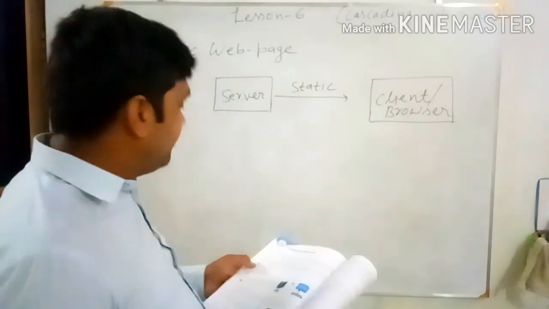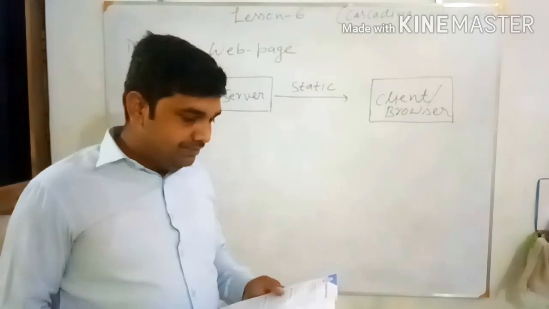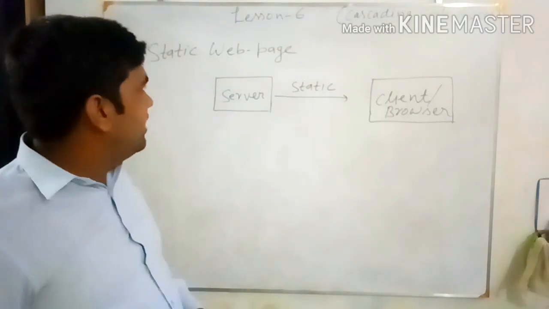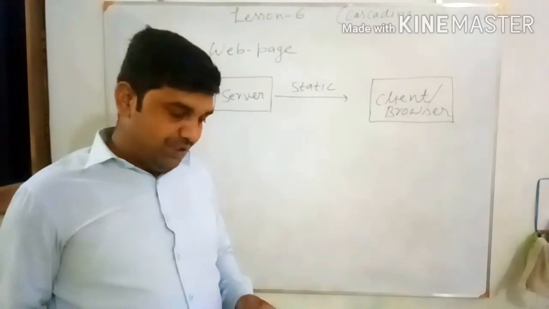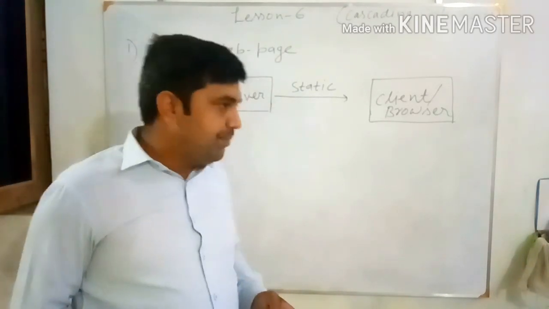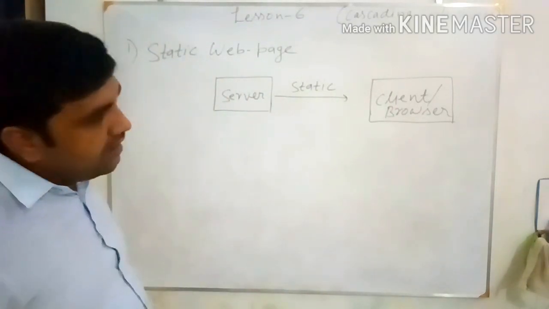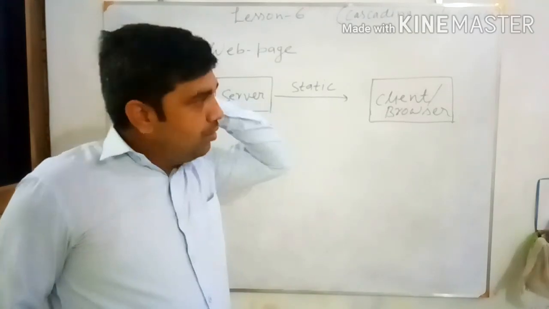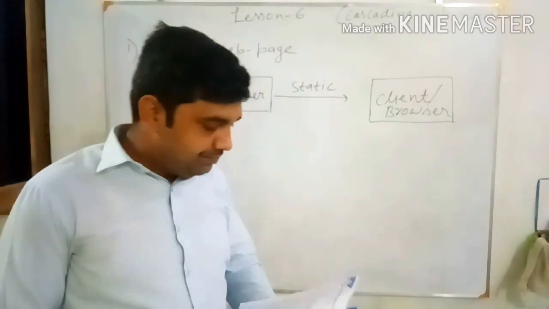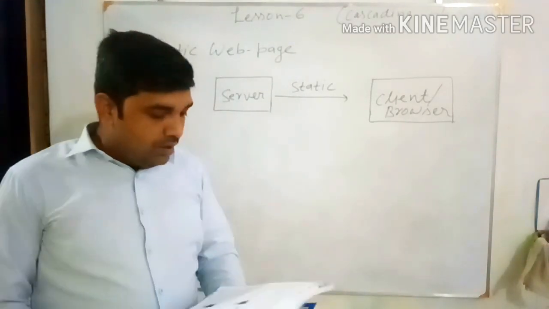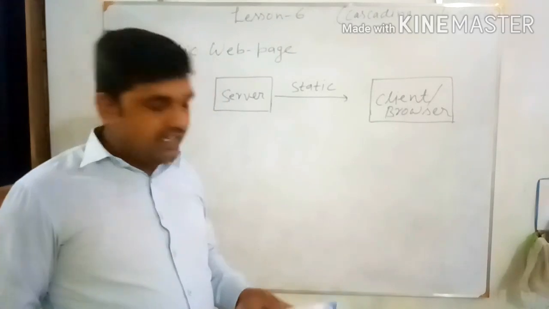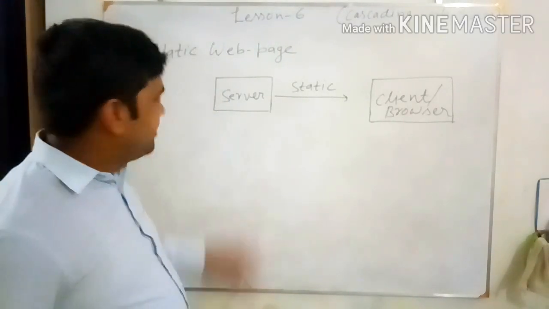Now see, in this chapter we will also discuss and learn about the DHTML, that is the dynamic hypertext markup language. DHTML is a language used to create a dynamic web page. So it provides a developer with enhanced control over the web pages. So on the web pages we will add more controls in relation to the static web page. Now before we proceed further, it is essential to understand the difference between a static web page and a dynamic web page. Now we see the static web page.